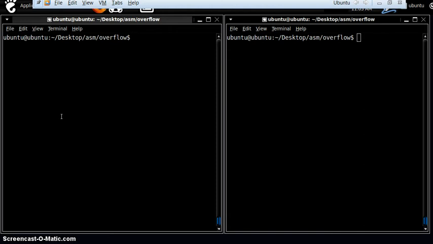So for the experiment purpose, for overflows, we get it by using some extra options while we compile: no stack protector.